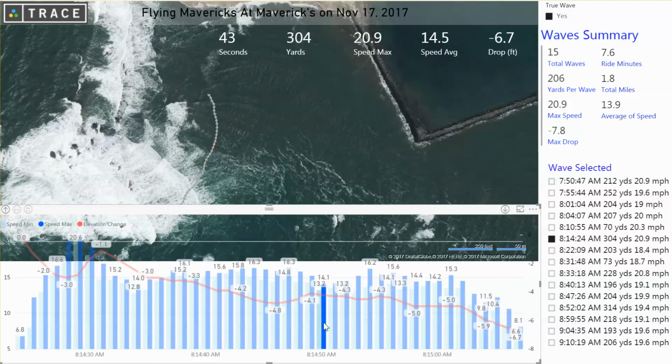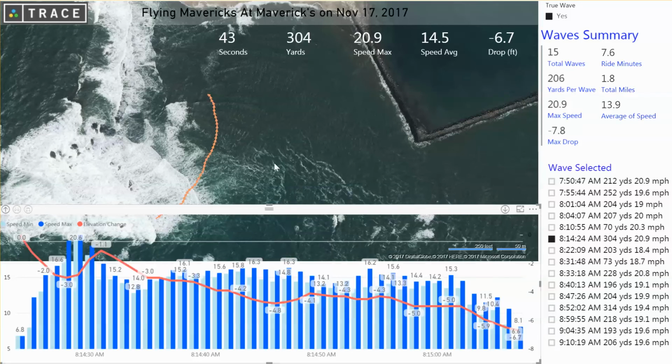Here, further down the line, the speed dropped off again to a minimum at this point of roughly 13 miles an hour, and then back up to 16 as it progressed down the line. Interestingly, the contours shown in the 3D graphic, which is using the latitude-longitude coordinates to overlay on this picture, are incredibly consistent. These contours are virtually identical to what I experienced going down the line. So each wave can be selected